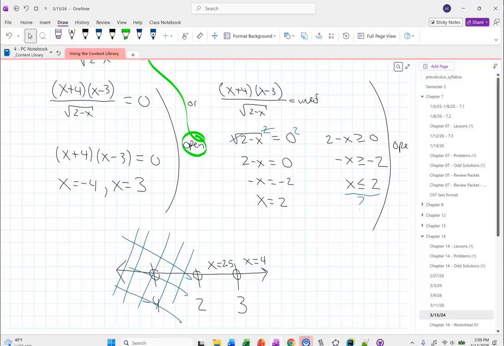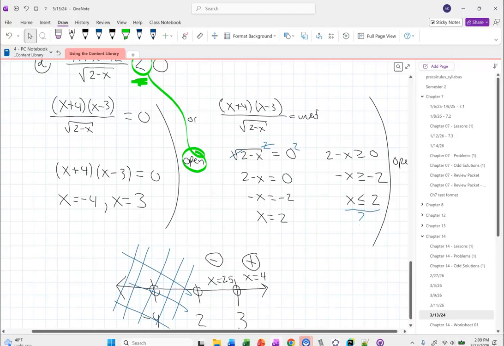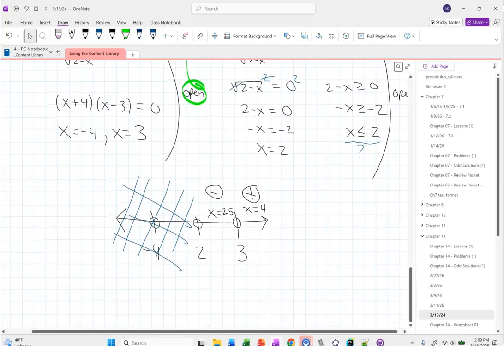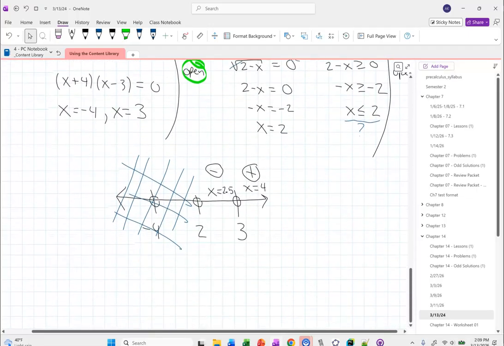If I plug 2.5 in, positive, and then this part is always positive, positive, so I have negative. That part, the whole thing is negative, right? One negative is negative. If I plug the 4 in, positive, positive, positive. Everybody's okay? And then because we're doing a less than, which part do I care about? Our inequality at the beginning was in less than, so I care about only the negatives.